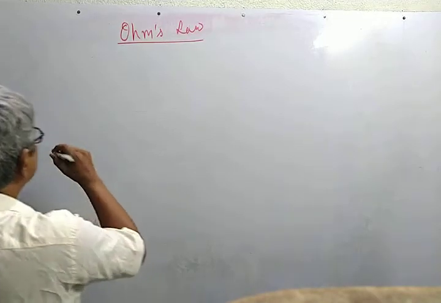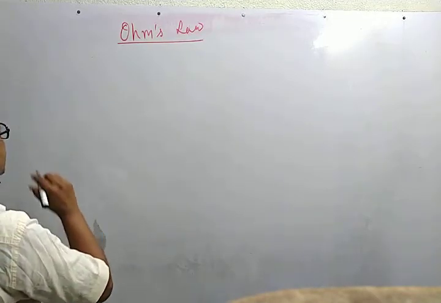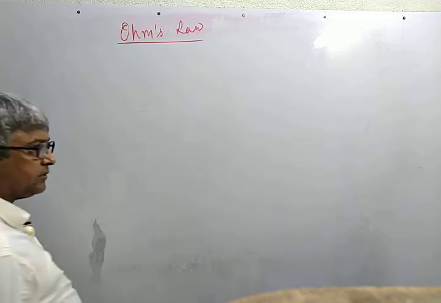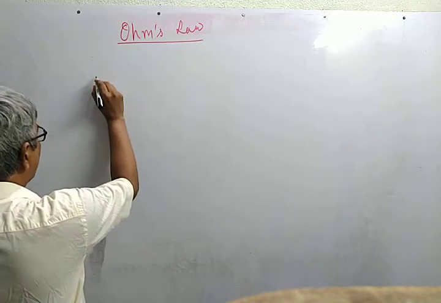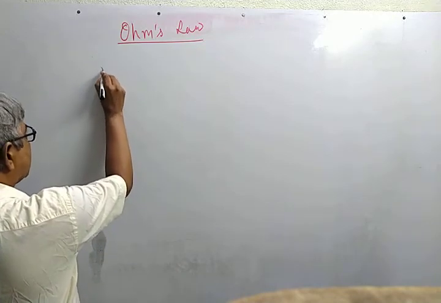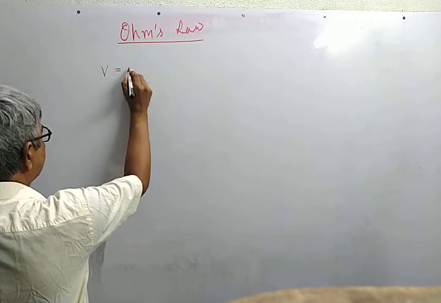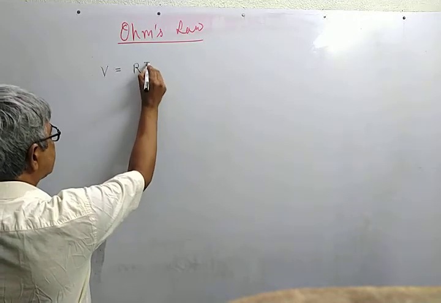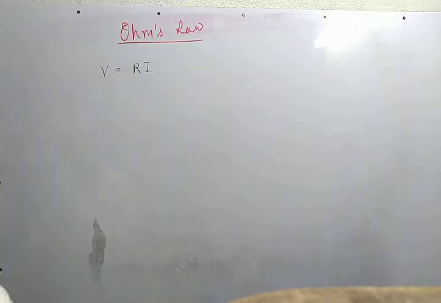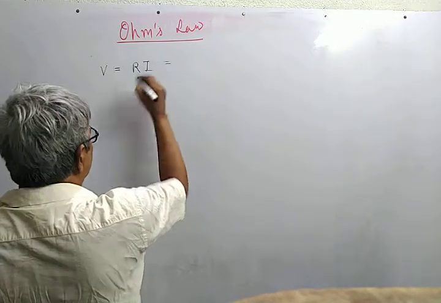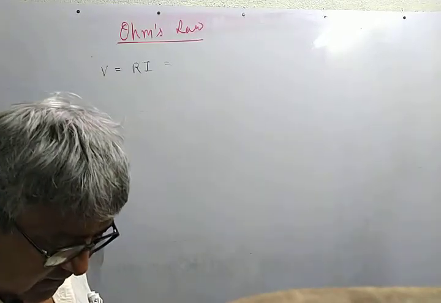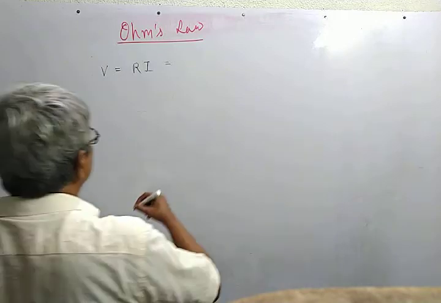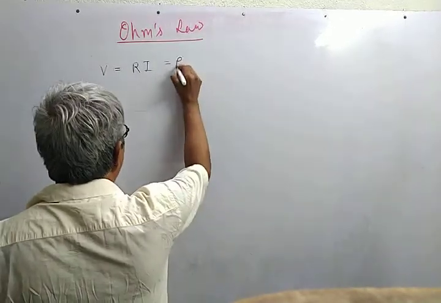In your school class, you have learned Ohm's law: that, temperature and other physical quantities remaining constant, the current flowing through a conductor is directly proportional to the potential difference between its ends, and we write the law in mathematical form like this. And we further found that the resistance depends on the geometry of the conductor, that is, it is directly proportional to its length and inversely proportional